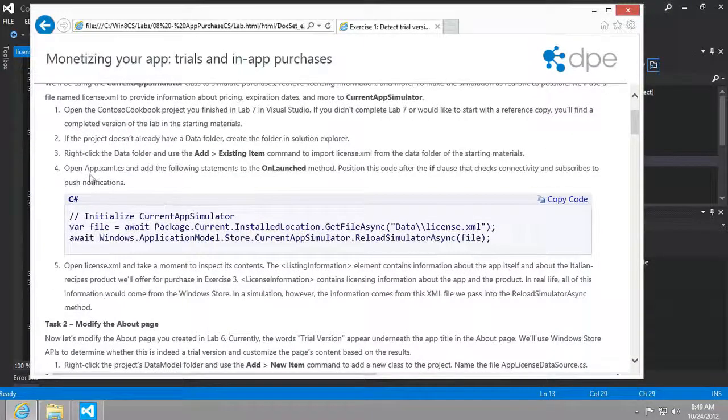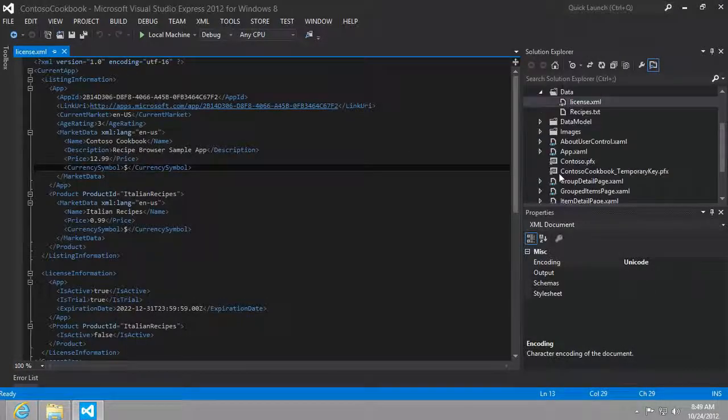It asks us to open the app.xaml.cs and add the following statements to the OnLaunched. And so here what we're doing is just opening up that license.xml file, and then we're going to load the simulator file into the current app simulator, which is expecting this license file. Okay, so let's go ahead and copy that